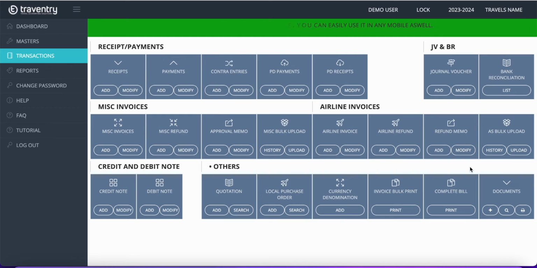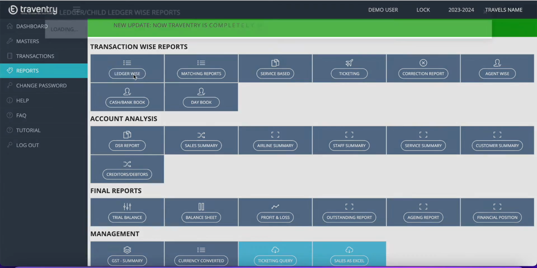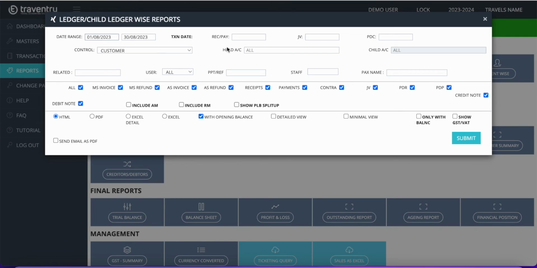These are about the transactions. You can handle every transaction and every account entry by using our software, Traventry. Then you can see reports; lots of reports are there. One important report is the ledger-based report, where you can take the statement of each customer, supplier, or any